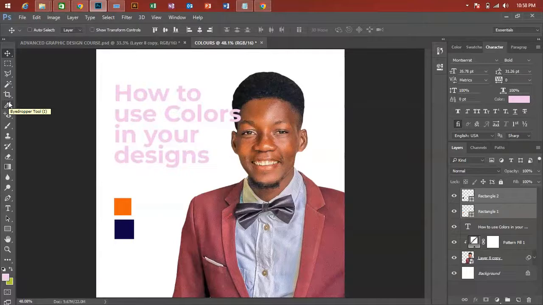Eyedropper tool. Now this eyedropper tool, that's what you will be using to do what? To pick colors in your design. If I want to get this particular color of my suit, I'll just use this eyedropper tool. Once I click any place here in my document, if I click here now, you can see that the